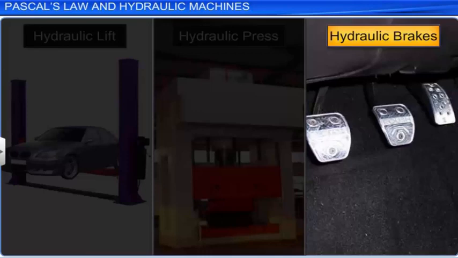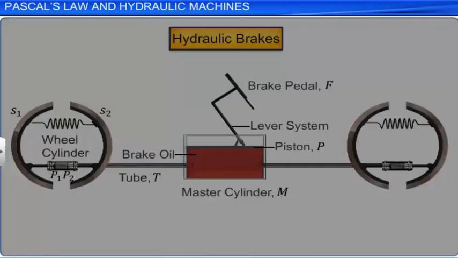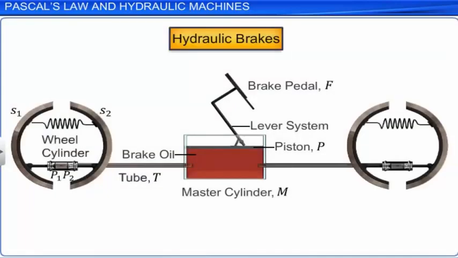Another device that conforms to Pascal's law is a hydraulic brake used in automotives. A hydraulic brake consists of a master cylinder M, filled with brake oil and provided with an airtight frictionless piston P. Through a lever system, the piston is connected to the brake pedal F. Through a tube T, the master cylinder is connected to a wheel cylinder C,